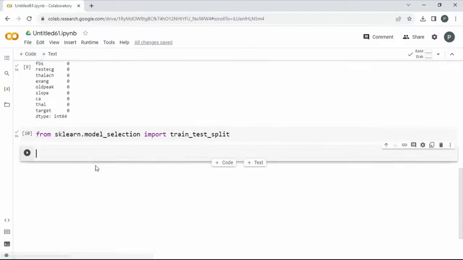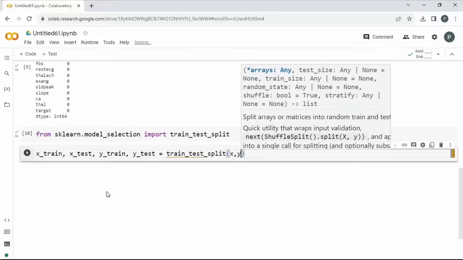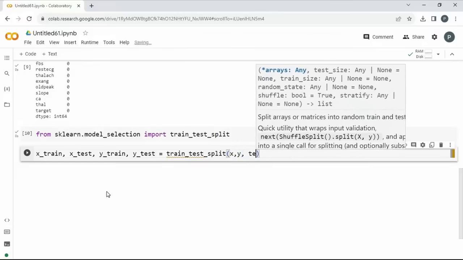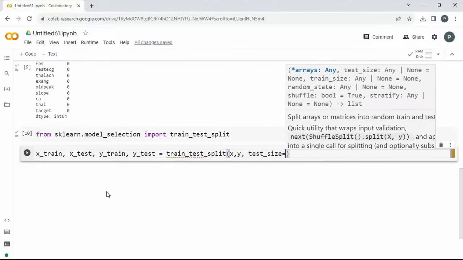And for this you need to create 4 variables, right? So I'll go with x_train, x_test, y_train, and y_test. Usually we call it like this: x_train, x_test, y_train, y_test is equal to the module train_test_split, and I need to pass my x value, y value,